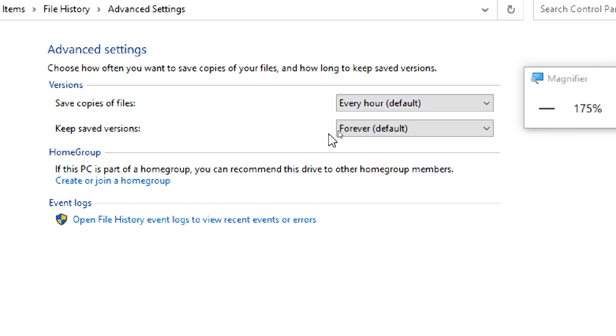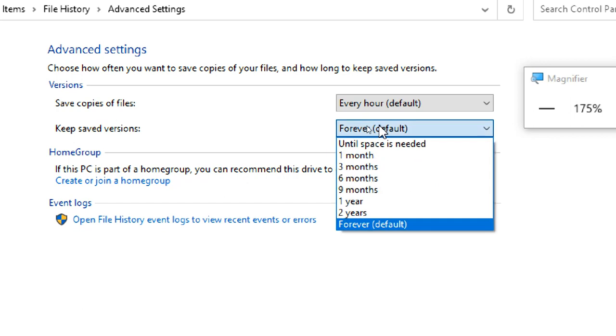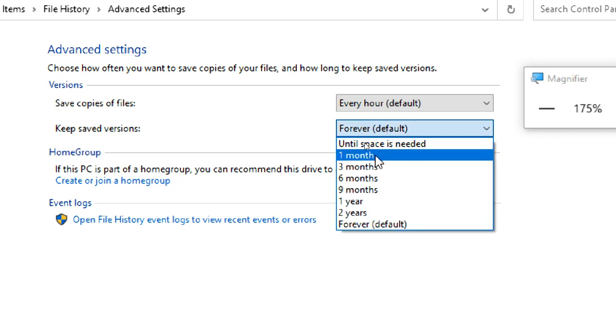Next, keep versions means whenever you take a backup, how long you want to keep the backup data. If every hour it is taking a backup, after a few hours or days the backup location will get full, right? So you decide whether you want to keep the data forever, or for 1 month only, 3 months, 6 months, 9 months, 1 year, 2 years. How long you want to keep the old data, you can choose.